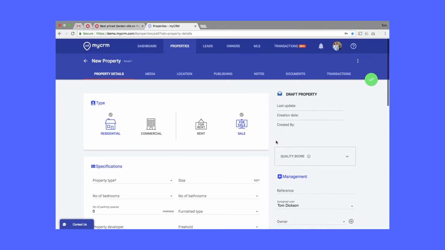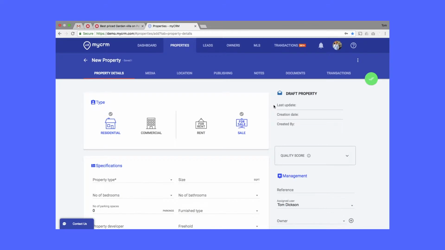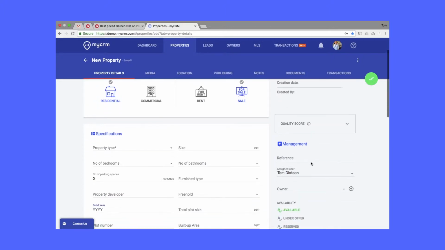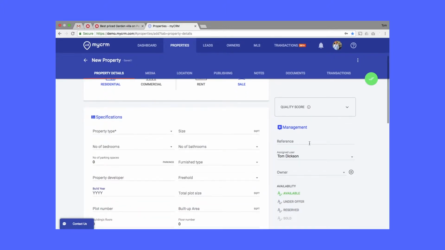Back at the top of the first page, you can see when it was last edited, when it was first created, and who created it initially. Below that is the Property Finder quality score, which comes direct from Property Finder after the property has been published there. The reference number will populate automatically if you leave this field empty, or if you prefer, you can custom